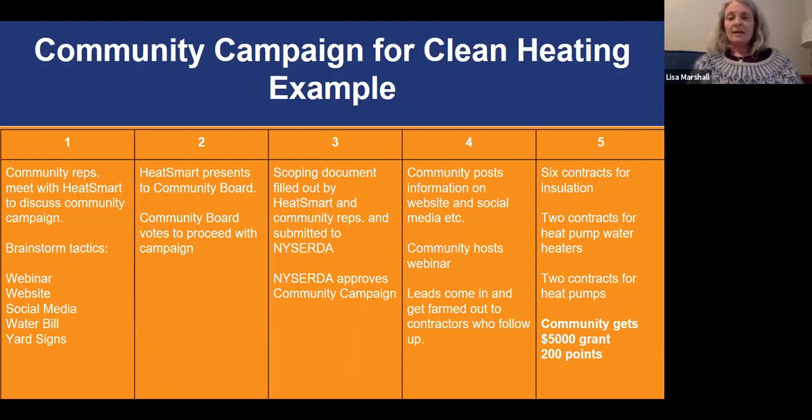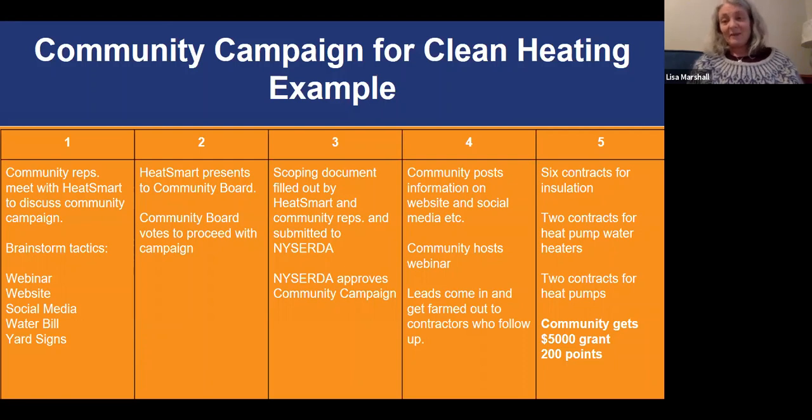what it might look like is, say in the town of Veteran, which I mentioned in Chemung County, maybe 2 people will contract for heat pump water heaters. They had old leaky water heaters and needed a new one and loved the idea of one that is going to be more energy efficient. Maybe 2 people contracted for heat pumps because they were heating with propane and they found out that heating with heat pumps would not only save them money, but also give them air conditioning. They're really excited about that.